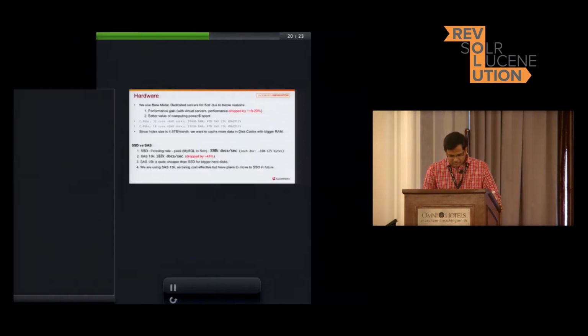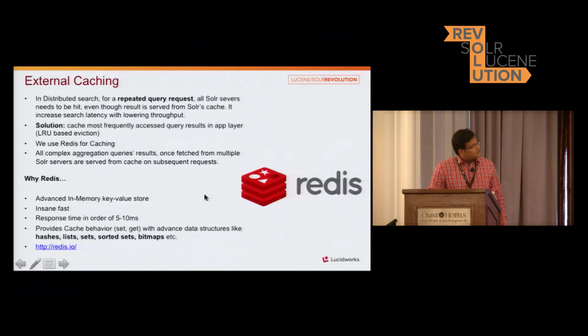Now coming back, we also use external caching. In distributed search, let's say you make some repeated query requests. Your data is sitting in the Solr caches, and whatever the Solr servers return as a response, you just collect it back and return to your client. Basically it has issues: you are increasing the search latency, and second, you are lowering your throughput. So for some queries, whichever are most frequently accessed, we cache them in